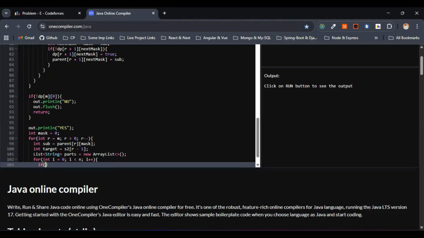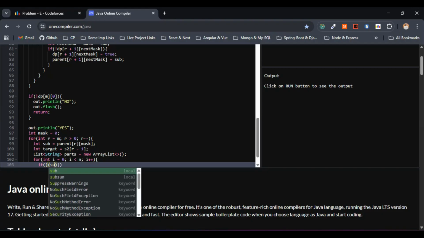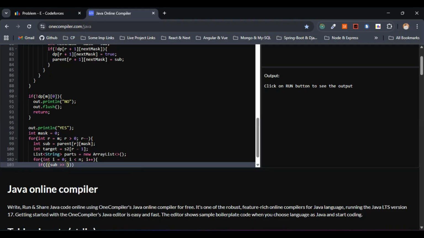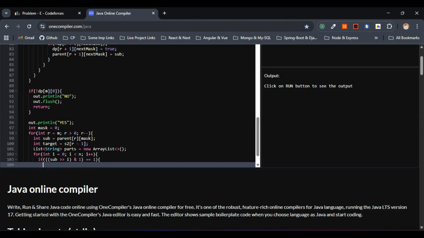So this one, sub right shift i, and let me go with bitwise and 1. If the value is equivalent to 1,